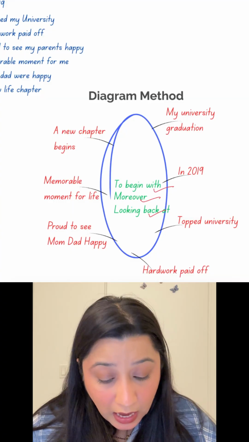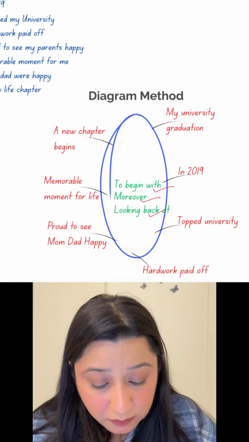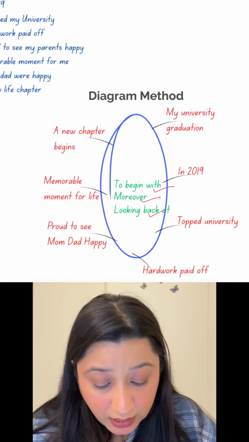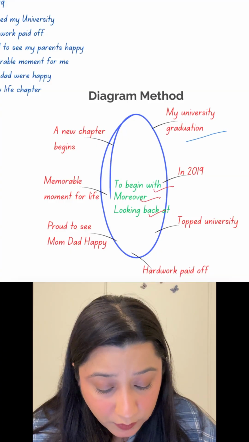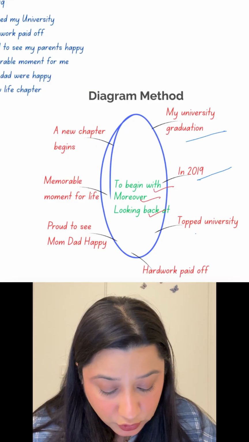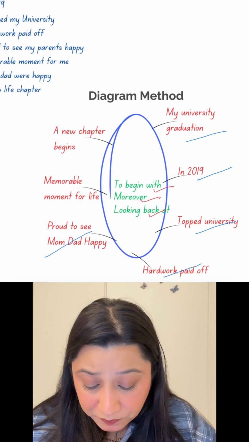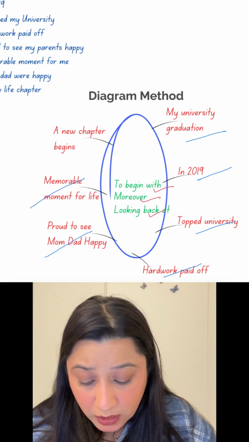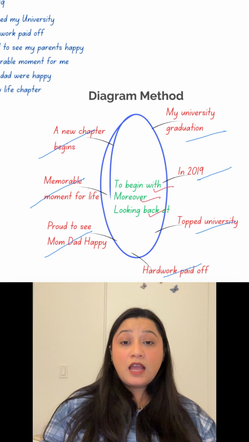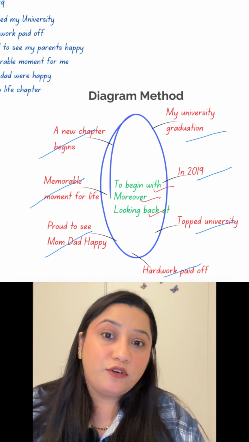And do you see how I have written my points? I have written my points in the form of a diagram. So it's my university graduation. It happened in 2019. I topped the university. My hard work paid off. I was proud to see my mom, dad. It was a memorable moment for me. A new chapter begins. And now when I'm speaking this cue card, it will be very easy for me to